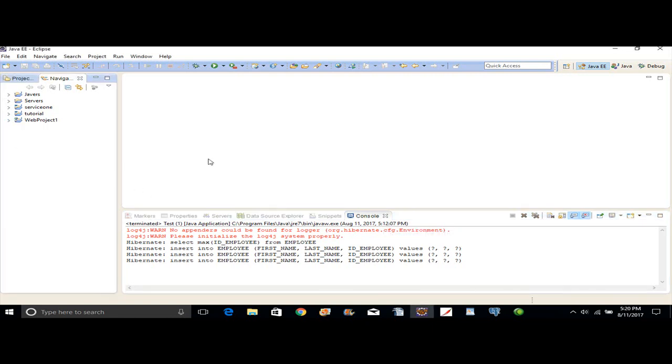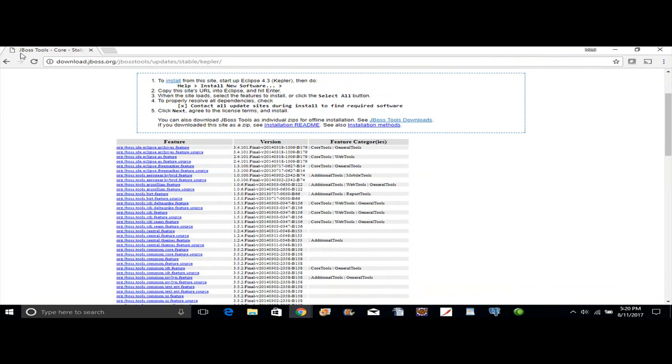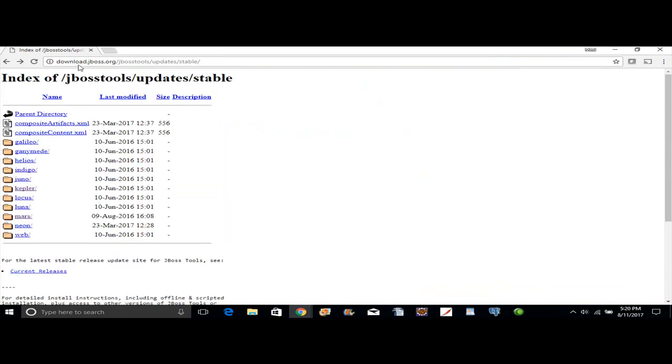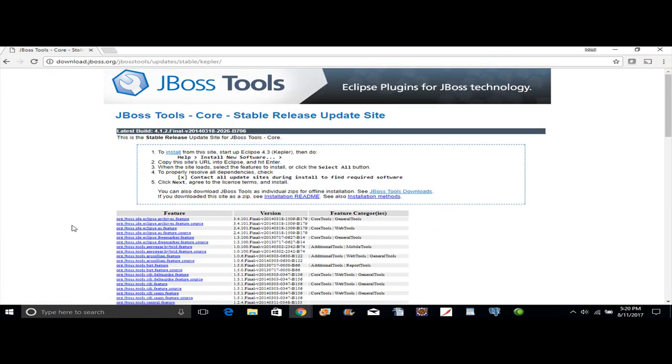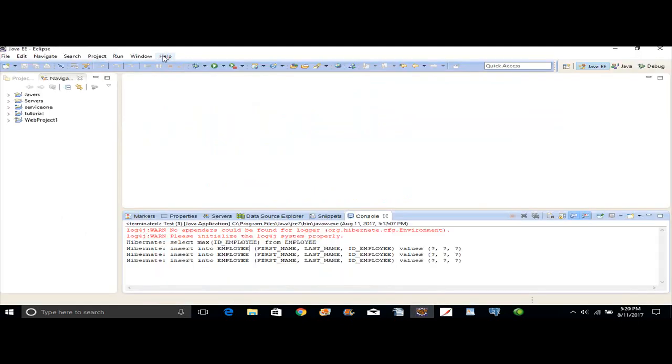Hello everybody. Today I'm going to create an application using Hibernate for the object relational mapping. So for that, if you don't have your Hibernate plugin in Eclipse, you can just go to this website, and this is the website here, and then choose which version of Eclipse you have. For example, I have Kepler, so I click Kepler and then I will copy this URL and put it